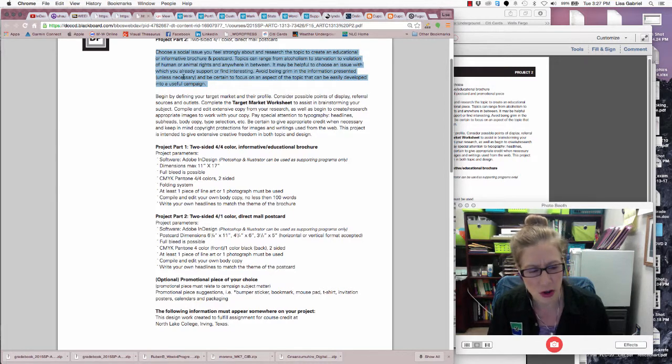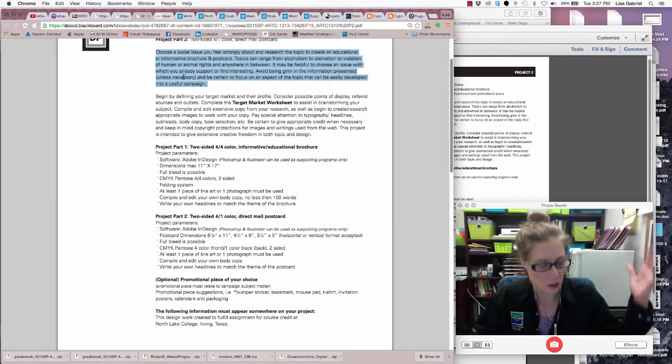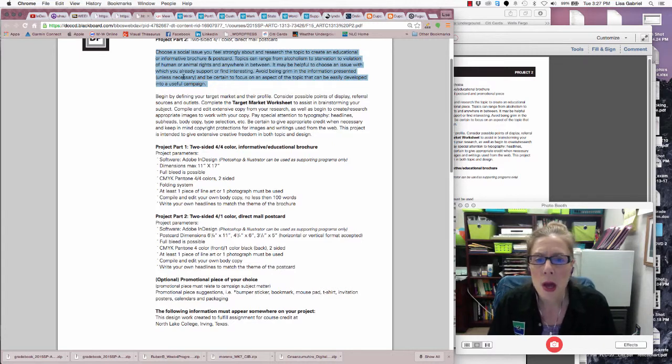well, I think that's a good topic, or maybe you should consider narrowing that topic down, or sometimes it's too narrow and you need to expand that topic. So it depends on which way you're looking at it, and everybody will probably take a different approach there. So as you're doing your research, you want to pay attention to typography, headlines, subheads, body copy, and type selection. So all of those types of areas are going to be areas you're going to need to populate inside your